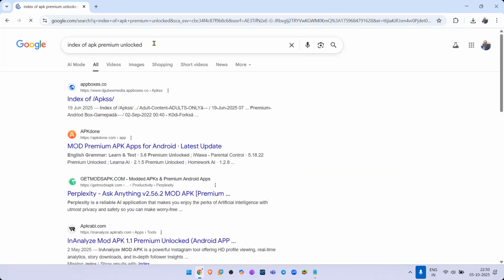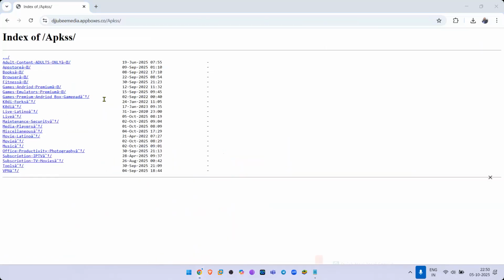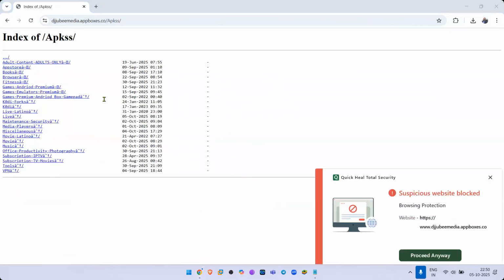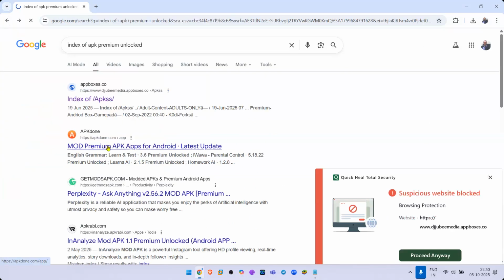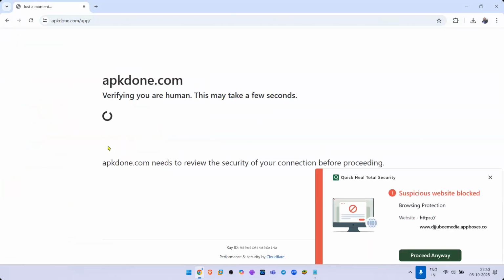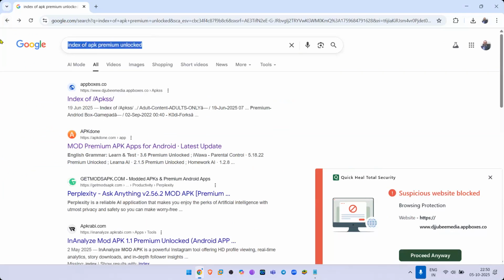Just imagine you will be able to download any application in the world. Okay, that's it. These are their APKs. You can download modded APKs, cracked APKs, everything. Just imagine, guys. Okay, copy this.